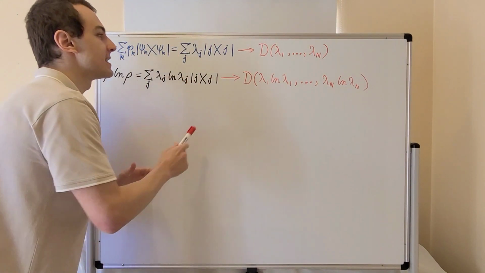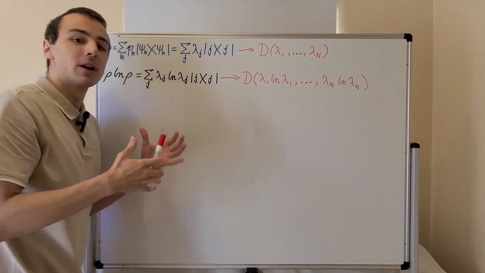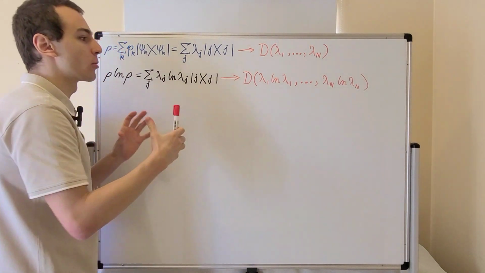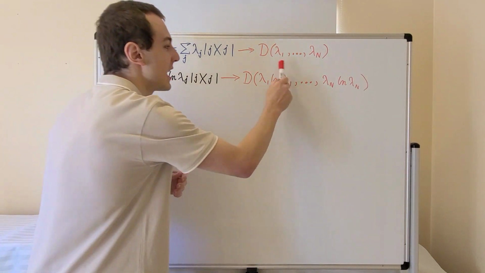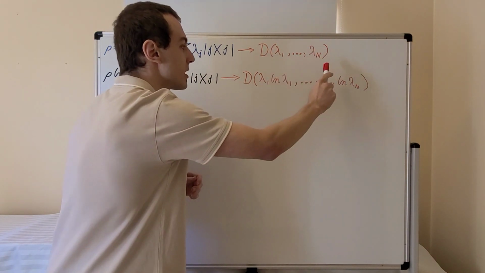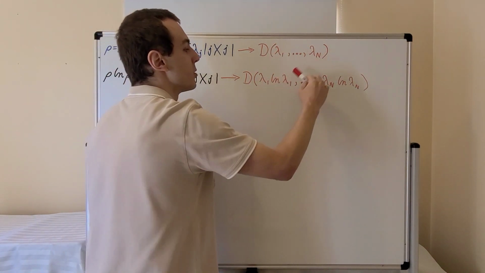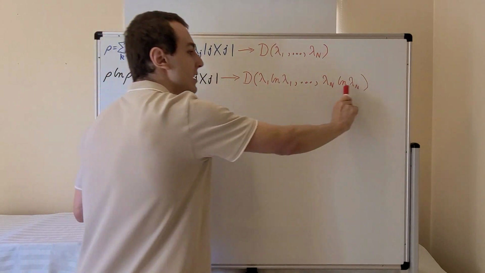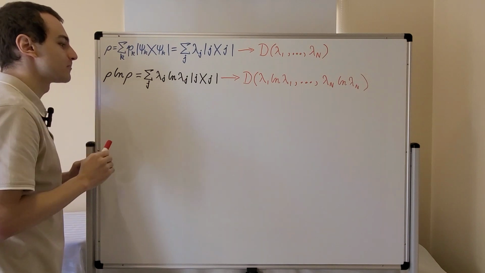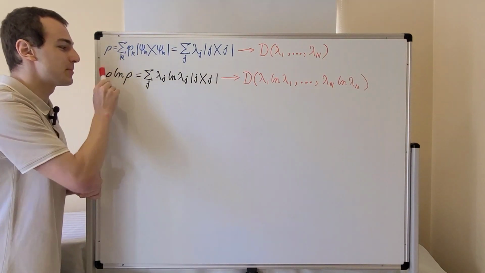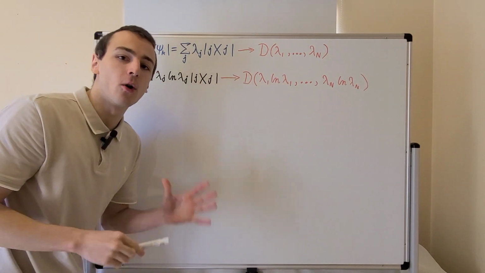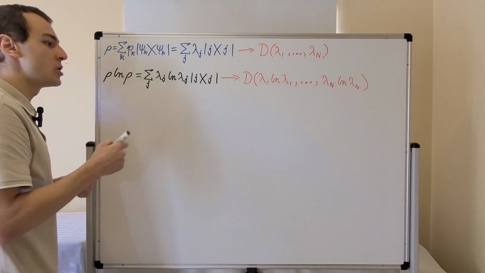So you can see why diagonalization is so useful. It allows us to conveniently do operations to matrices. So now we just have to know what the entries, or these eigenvalues, are in this diagonal matrix, and then we can substitute each of those entries into the function, and that gives us the result of this function, which inputs rho. Now, why did I choose this specific function? Well, it's because this function is going to allow us to define the von Neumann entropy, which I will write